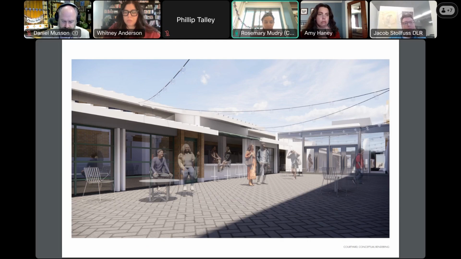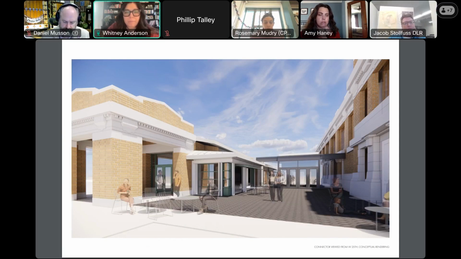Yes. And then the doors on 25th, though. So you're talking about the connector pieces? Mm-hmm. I think those would be closed but unlocked when the courtyard is open or when the market is open. I think it would just depend again on the weather. They might be propped open to make the courtyard feel open all the way through.